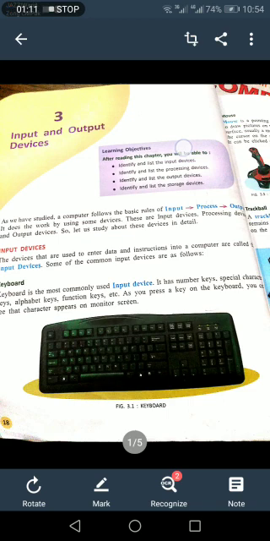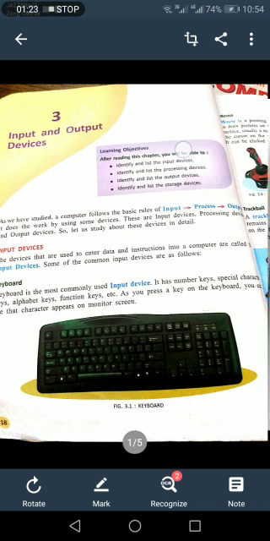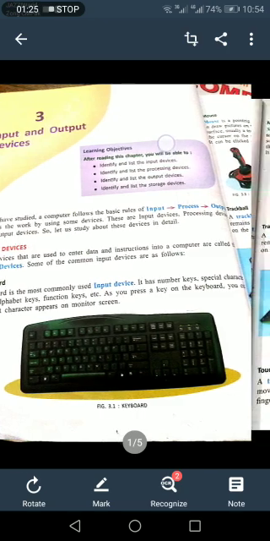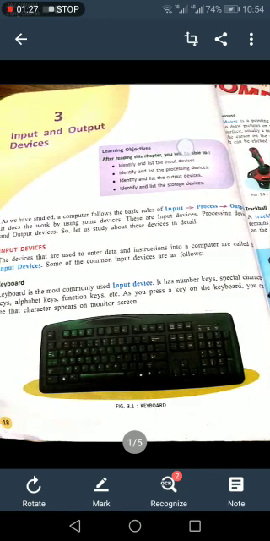Those devices through which we can enter data or information or instructions to the computer are called input devices. Some common input devices are keyboard, mouse, joystick, touch screen, touchpad. These all are input devices.